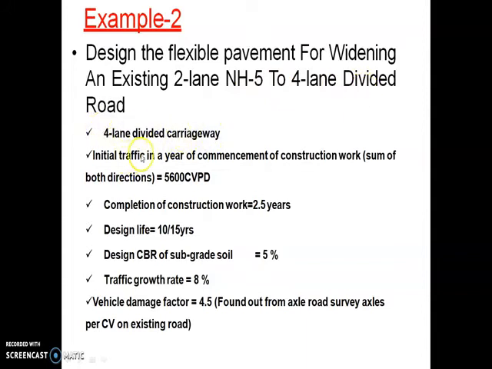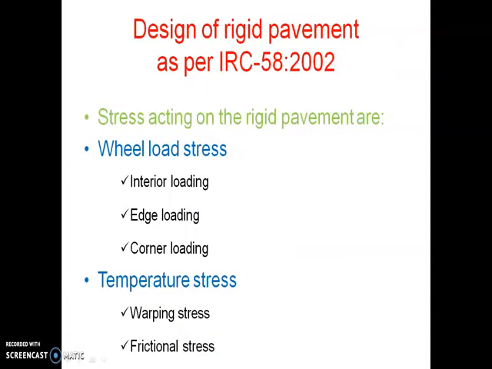Westergaard stress equation for wheel load stress of the interior Si equal to 0.316 P divided by h square (4 log10 L by b plus 1.069). Stress of the edge Se equal to 0.572 P divided by h square (4 log10 L by b minus 0.359). Stress of the corner Sc equal to 3P by h square (1 minus (a under root of 2 divided by L) power 0.6). Where P equal to design wheel load kg, L equal to radius of relative stiffness, E equal to modulus of elasticity of cement concrete kg per centimeter square, mu equal to Poisson ratio for concrete 0.15.